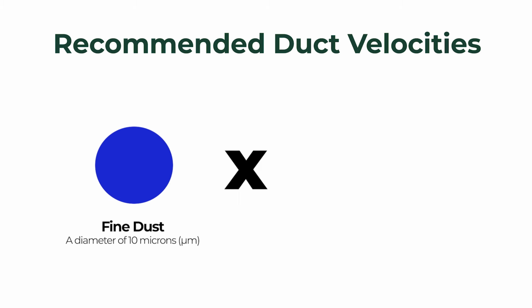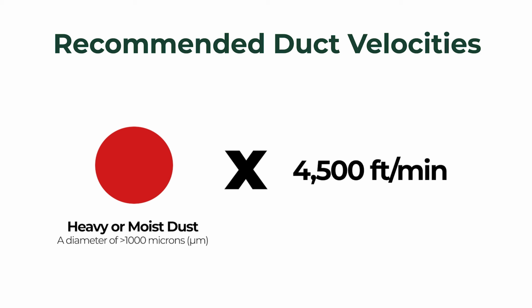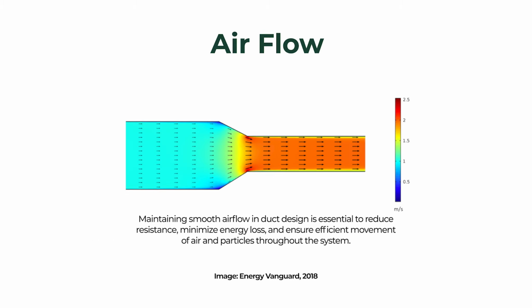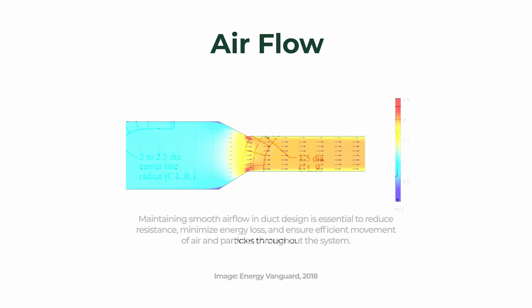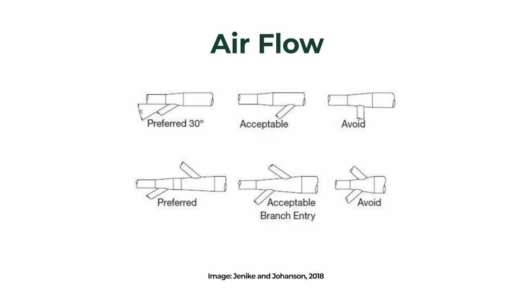For example, fine dust requires at least 3,000 ft/min, while heavy or moist dusts may need over 4,500 ft/min. Airflow must remain smooth. Elbows should have a radius of 1.5 times the duct diameter. Branch entries should be angled between 30 degrees and 45 degrees, entering the side of the main duct to reduce